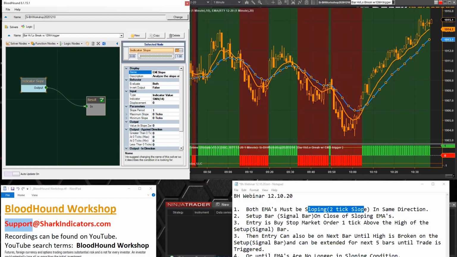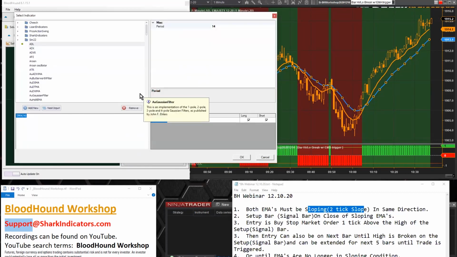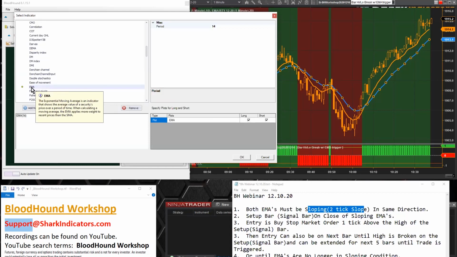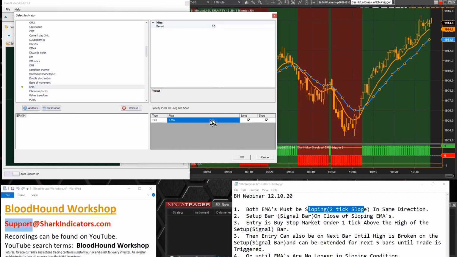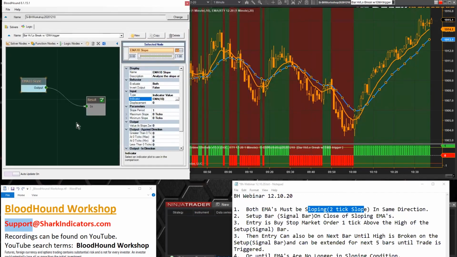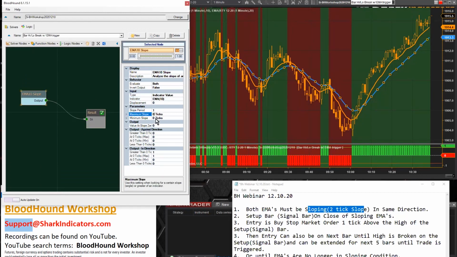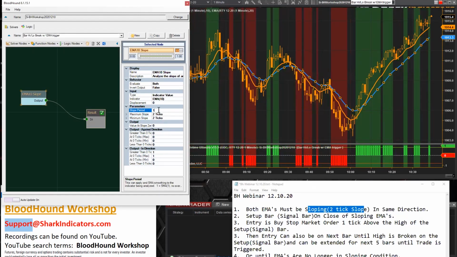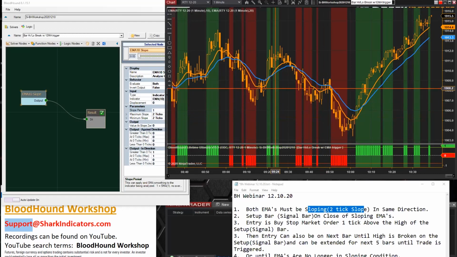And the first indicator will be the EMA 10. All right, so for our input, we're going to replace the SMA with the EMA. Here's our EMA. Change it to a 10 period. And the EMA only has one plot, so it's already selected for us, so we don't have to do anything there. And next, we need that 2-tick slope requirement. So we're just going to put 2 ticks in there, like so. All right, so now we can see whenever the fast EMA here has at least a 2-tick slope to it,